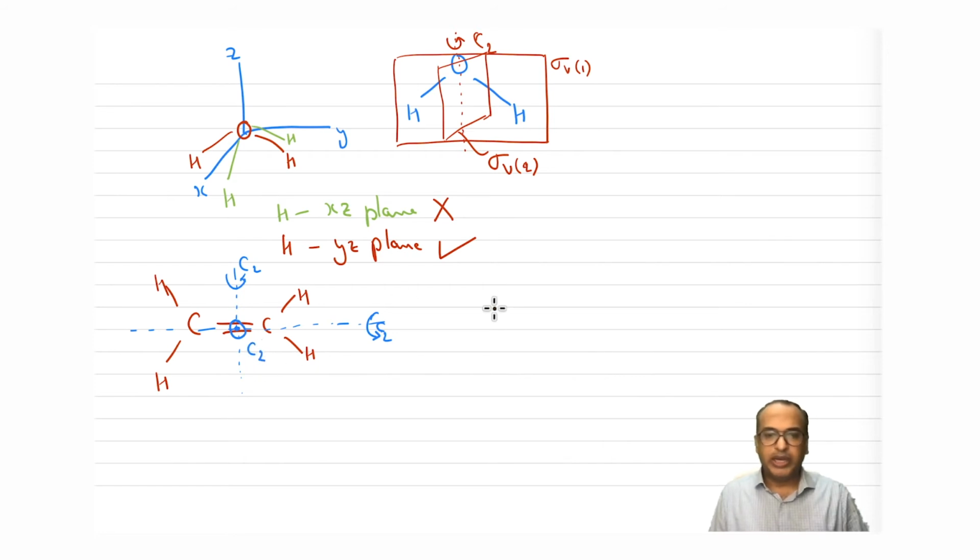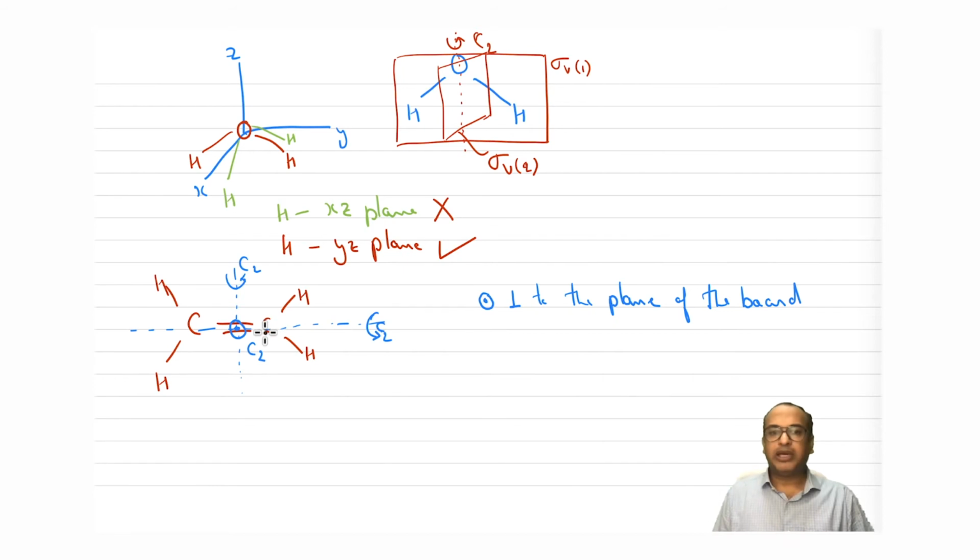I'm drawing anything which is perpendicular to the plane of the board like this, perpendicular to the plane of the board, so that it is clear. All through I'm going to use this notation: for any axis which is perpendicular to the plane, we'll draw a circle and then a point. Okay, so now we have three axes.